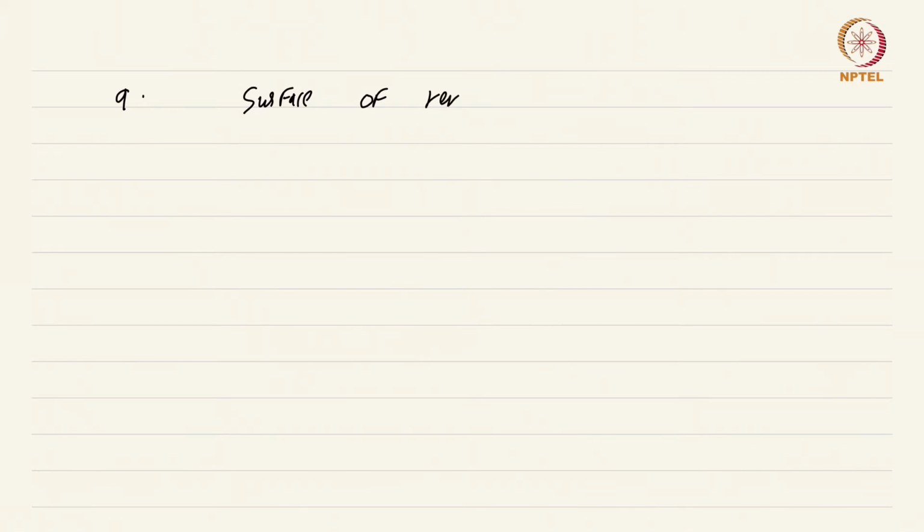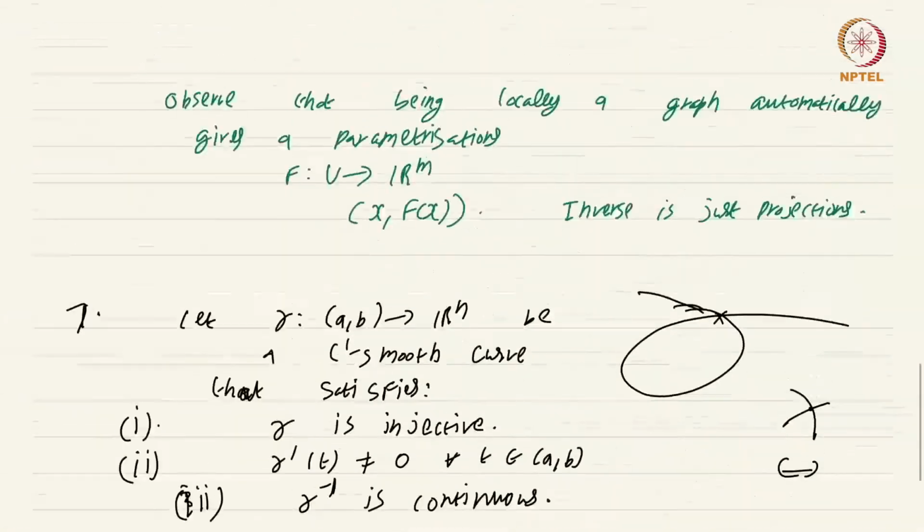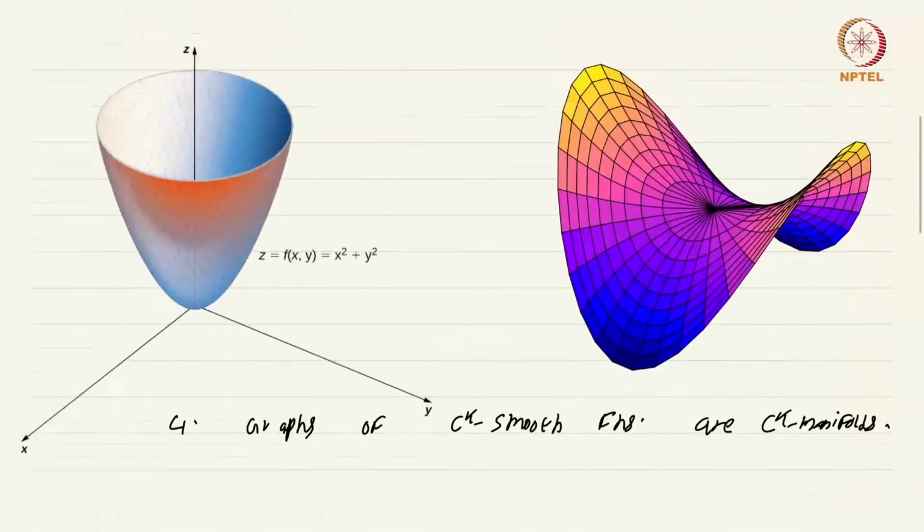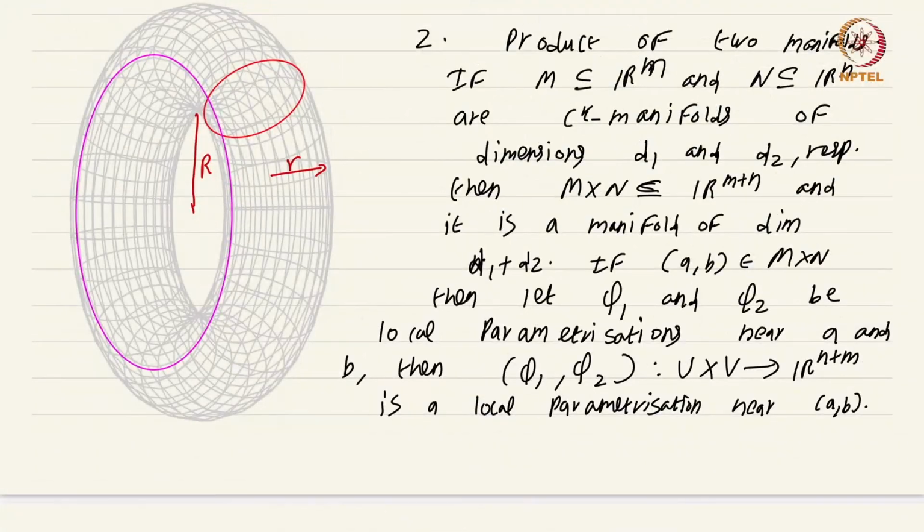of revolution. That is, you essentially take a single curve and rotate it about a central axis, and you get a figure in R3, or in higher dimensions, which happens to be a manifold. Okay, now you can consider this torus also as a surface of